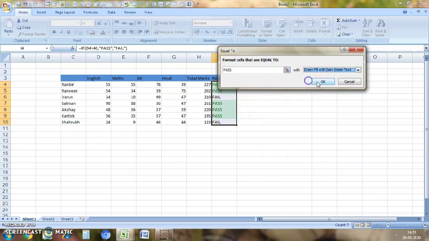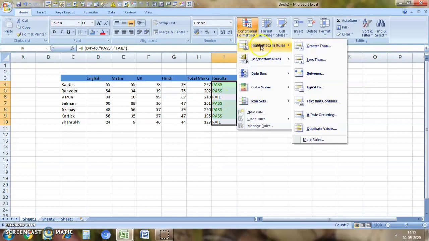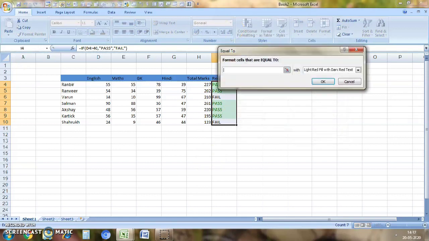And now I'll do equal to fail. Fail is equal to red.